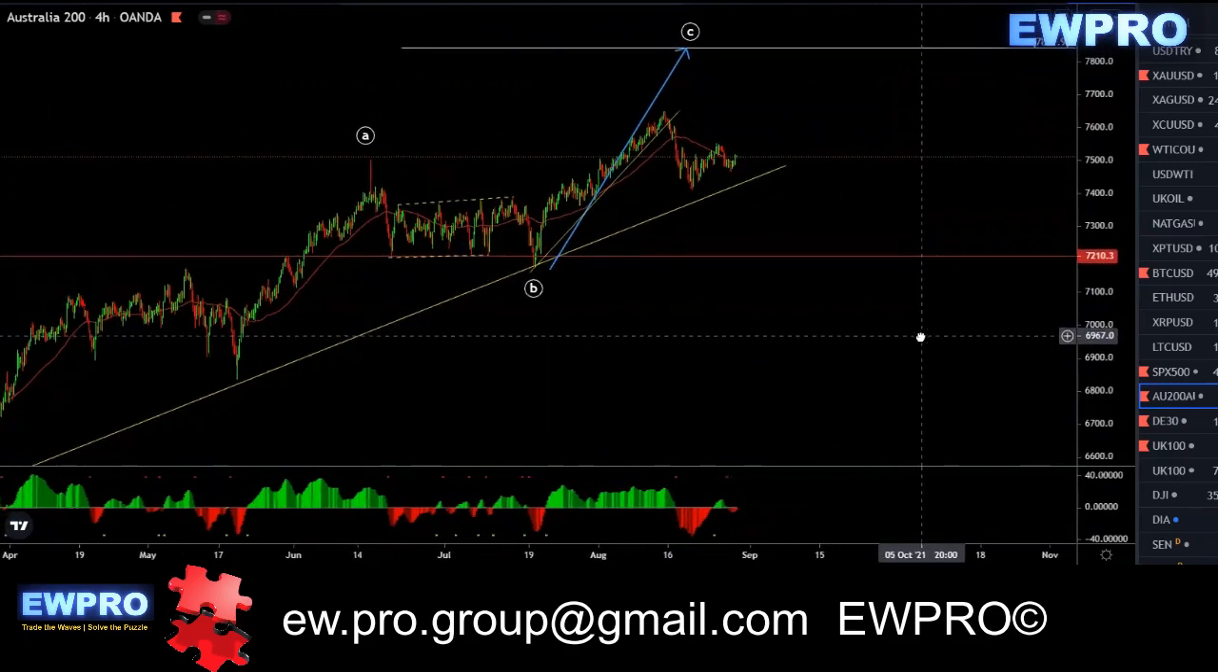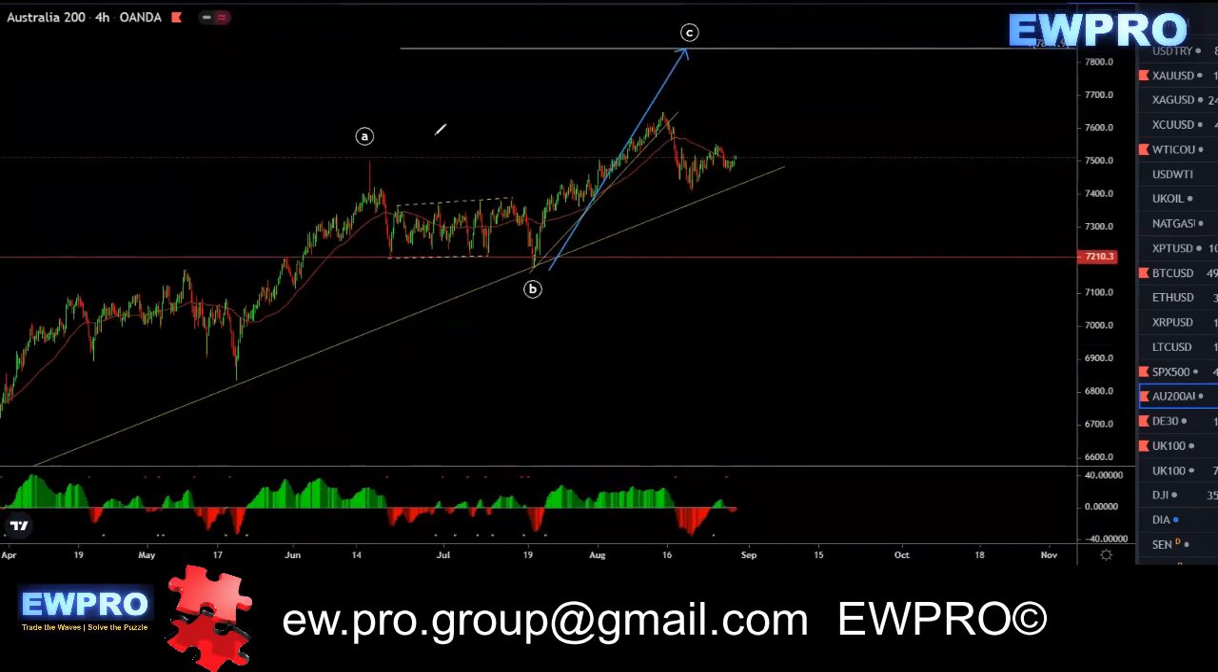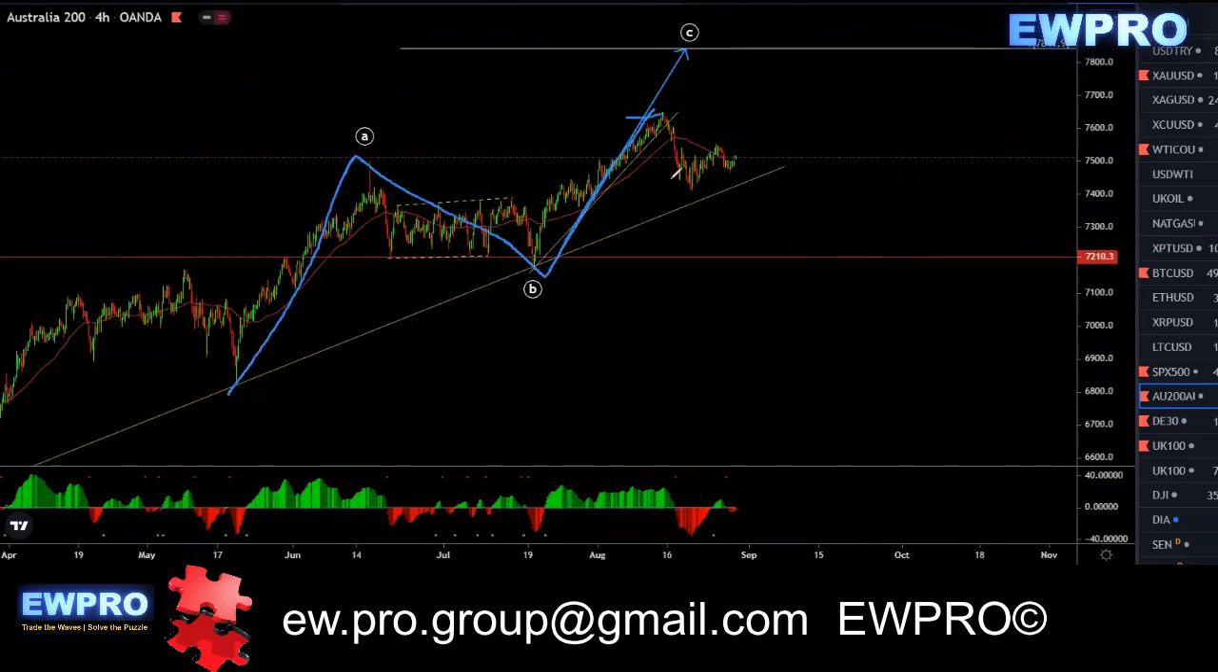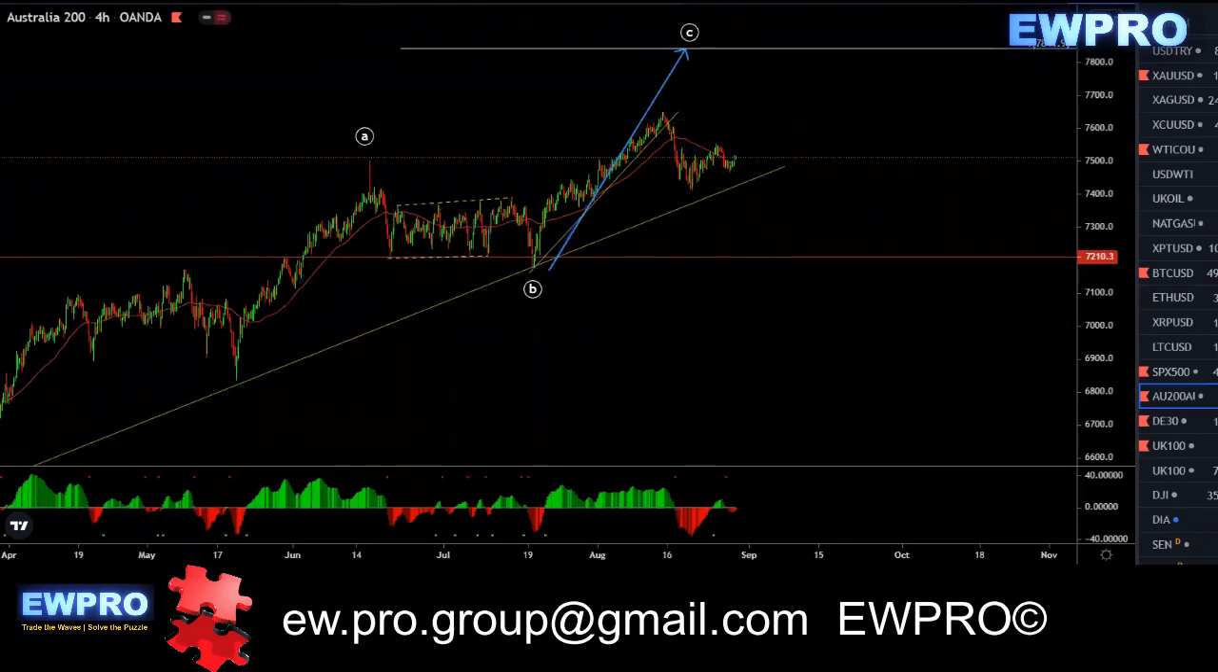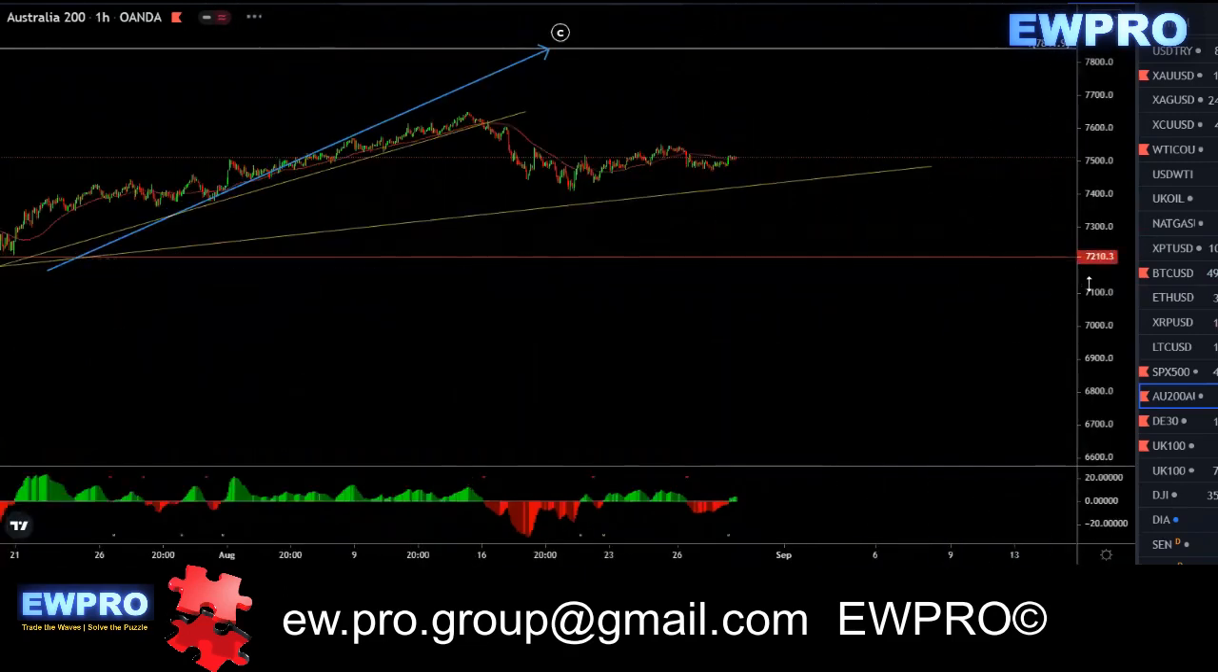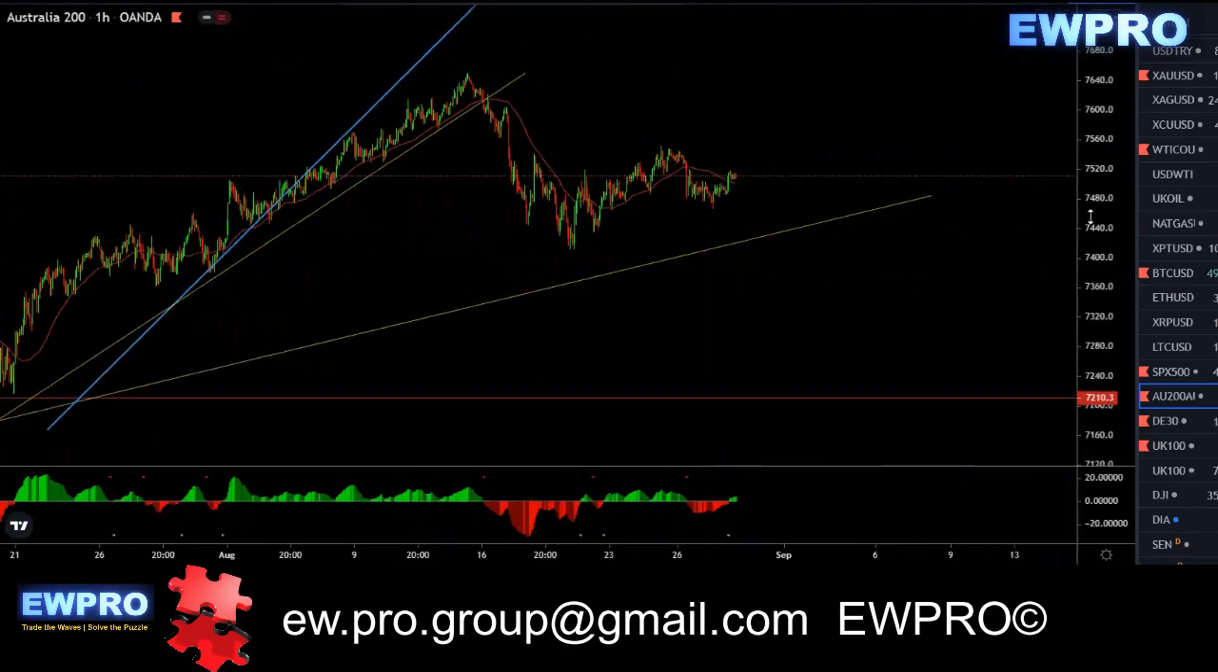So on the H4, we were looking for this A, B, C. We got the C up, and we got the bearish divergence. This is looking very bearish in here. So we really want to be looking for that sell. This one here,